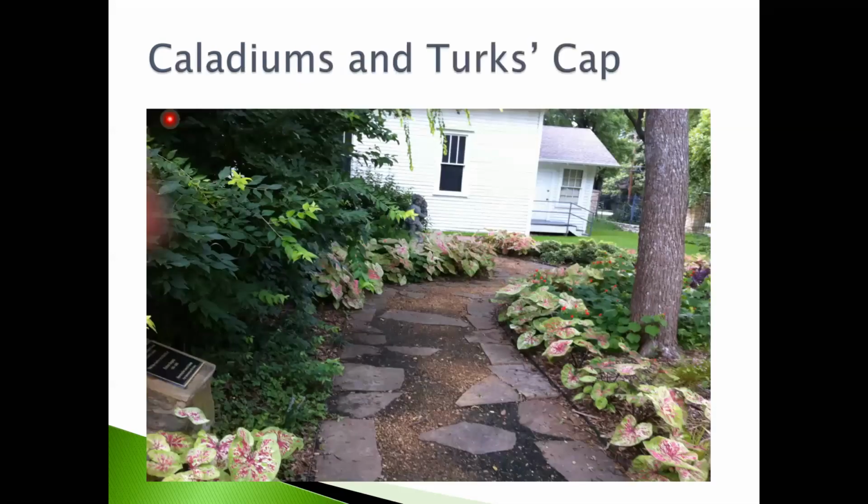Here, when you see these plants, I took this up at McKinney, Texas, and it was a historical area, but I put this in here for you to see how they use caladiums to kind of line the sidewalk, and see how the repeating pattern makes rhythm and makes it flow. And they've got some Turks Cap and other plants in there, but the main plant that they've got planted there is the caladiums. And then also on the walkway, it's not all perfect